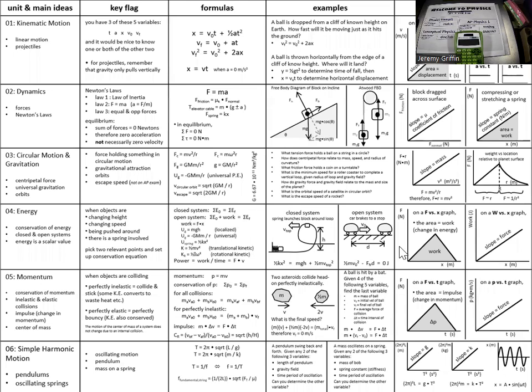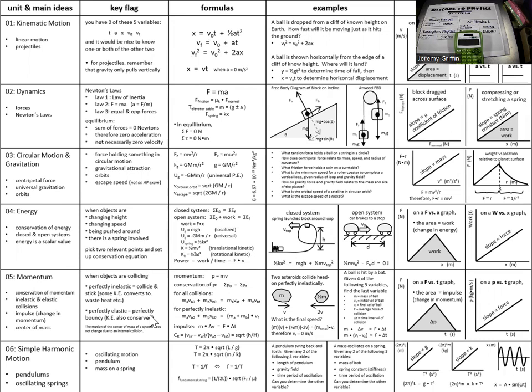Okay. So these topics are organized in about the order that we're going to do them. On the far left column has the topics named: kinematic motion, dynamics, and so on all the way down. The next column over tells you what usually keys you off to that category of problem or that category of thinking. For example, if things are colliding, you see Newton's cradle up here? What governs that motion? Well, I see some collisions going on, like point collisions. Anytime you see a collision, it's going to be something to do with this second to last row here, momentum, something to do with momentum conservation. There are some other things too, but